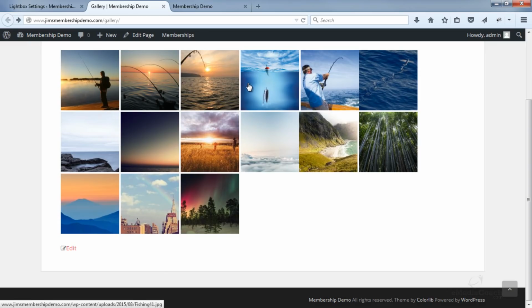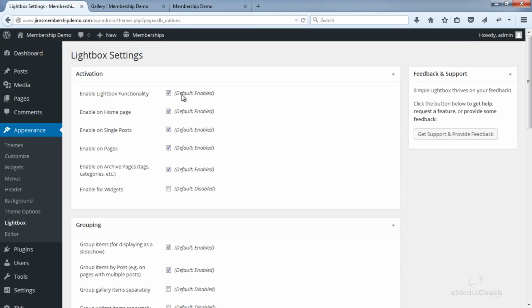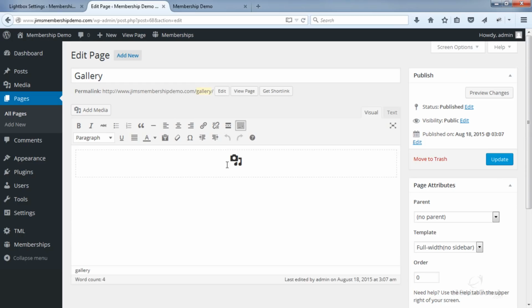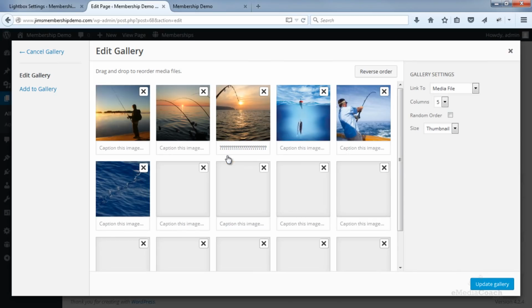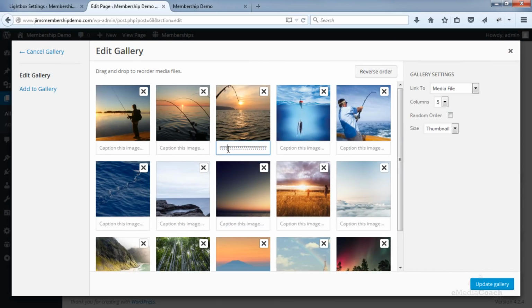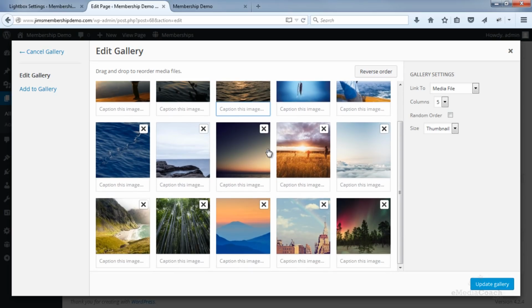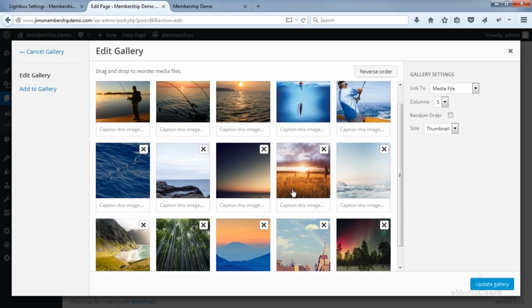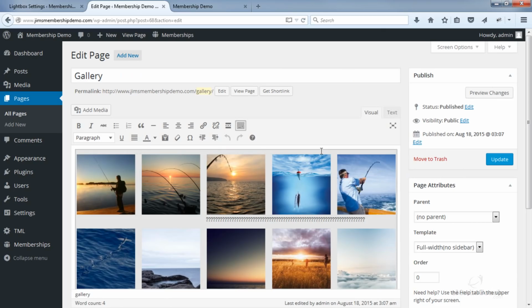And if you notice there's stuff like this when you hover over an image, that's purely because there is some data behind that image. So if I go back to that page, or if I edit this page, see that there? So I can remove that caption and that will no longer appear. Similarly, you can add custom captions so that when a person hovers over the image, they are shown the caption that you want them to see. But if you have any questions, as always, just ask in the comments.